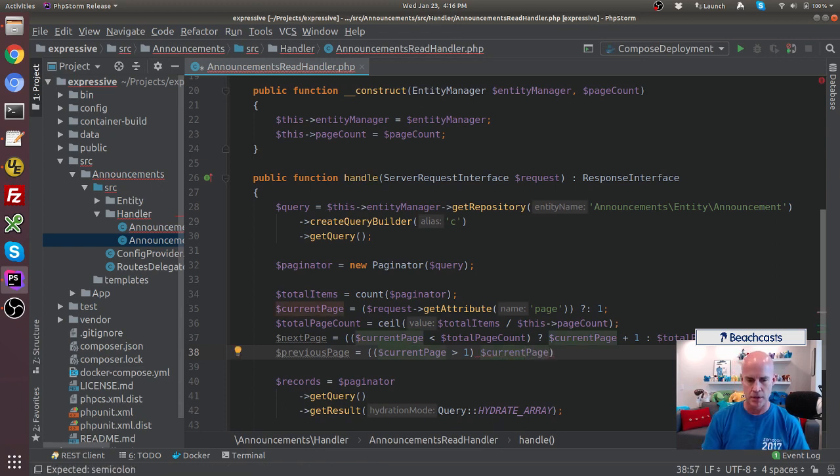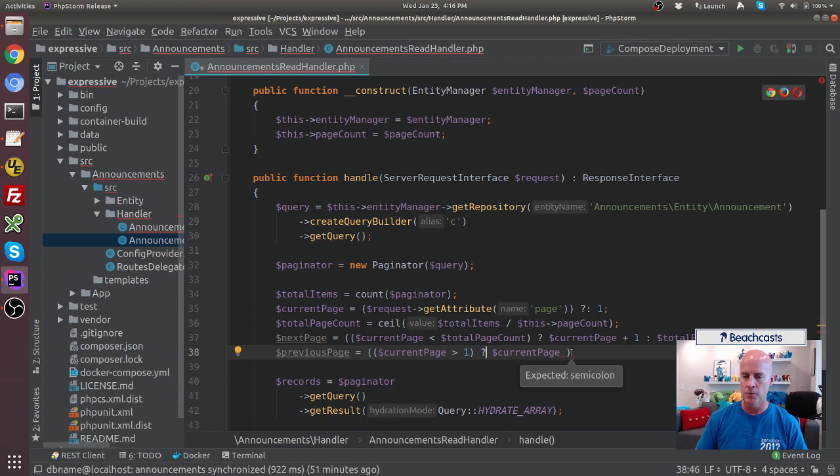Output the current page. Yeah, that is right. It wasn't auto-completing for me. Oh, okay, I see what I did. I'm missing the condition. So we're outputting the current page